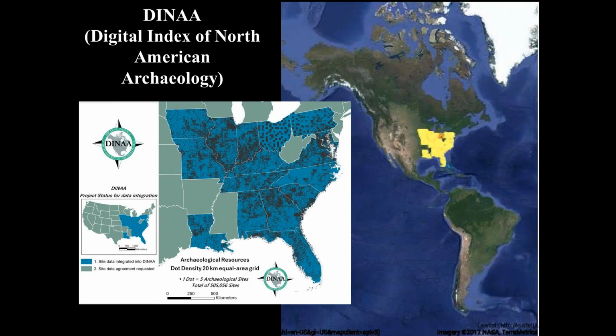DINA can be used to generate maps or search results with a few simple queries or clicks, giving the results in a useful digital format, and of great value for research and publication when examining distributions encompassing large areas or time periods. DINA conforms to legal requirements regarding the maintenance and use of cultural resource data.